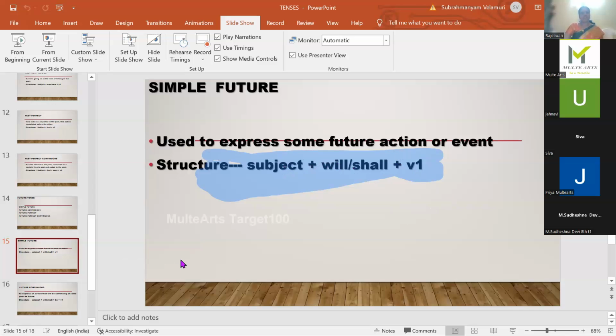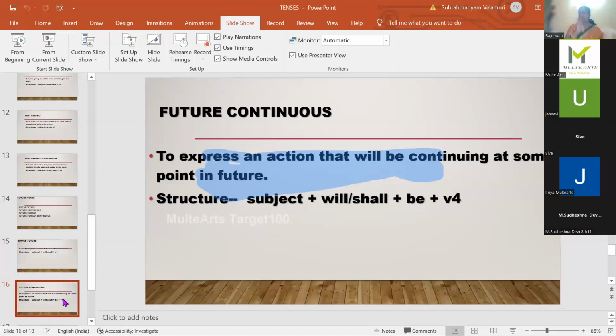So generally tenses, we don't go in a stretch. It takes a lot of time, with many examples and exercises for each part: simple present tense ones, past tense ones, and future tense ones. But as we have very little time, I'm going quick. Hope I'm clear. So the next one is future continuous.